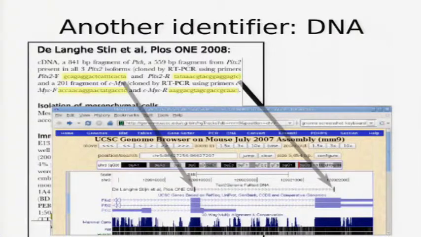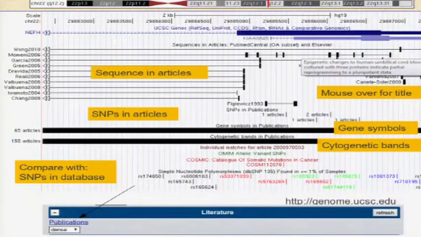Now, a very special type of identifier is a DNA sequence, A, C, T, G, G, A, T, G, whatever string of nucleotides. It doesn't really relate directly to a database, but it indirectly refers to a gene. You can find it on the genome, and that's what I spent a lot of time on. I go over the text, find strings of nucleotides, and then search this on the genome and prepare this visualization